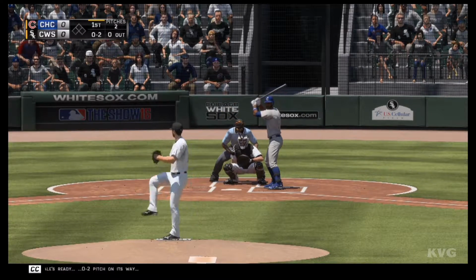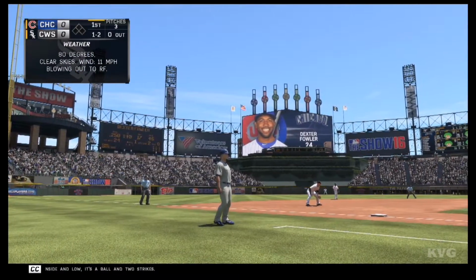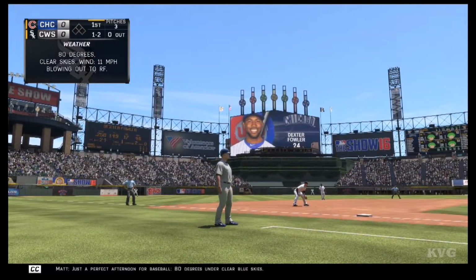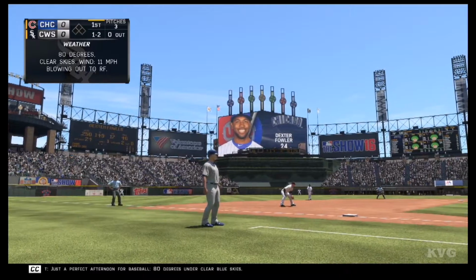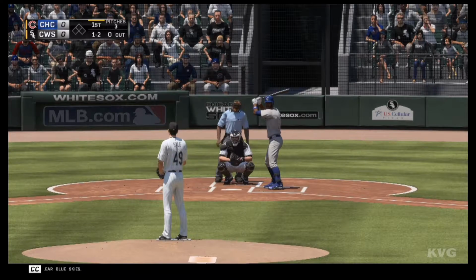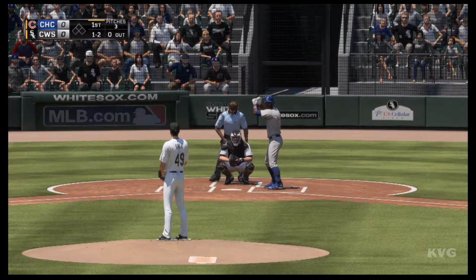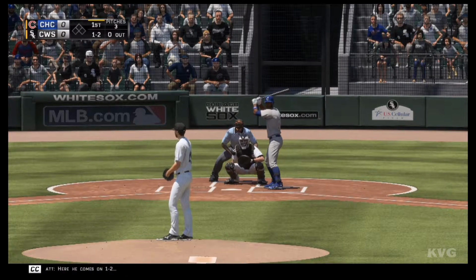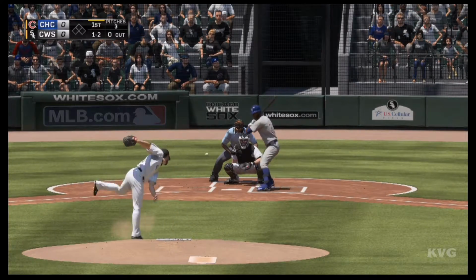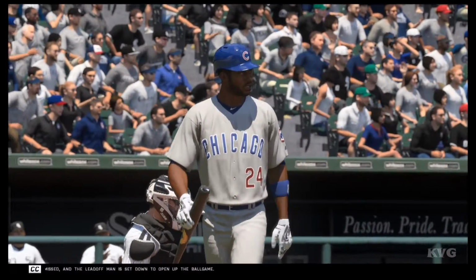Sale's ready. 0-2 pitch on its way. That's inside and low. It's a ball and 2 strikes. Just a perfect afternoon for baseball. 80 degrees under clear blue skies. Here he comes on a ball and 2 strikes. And now a slider is swung on and missed, and the leadoff man is set down to open up the